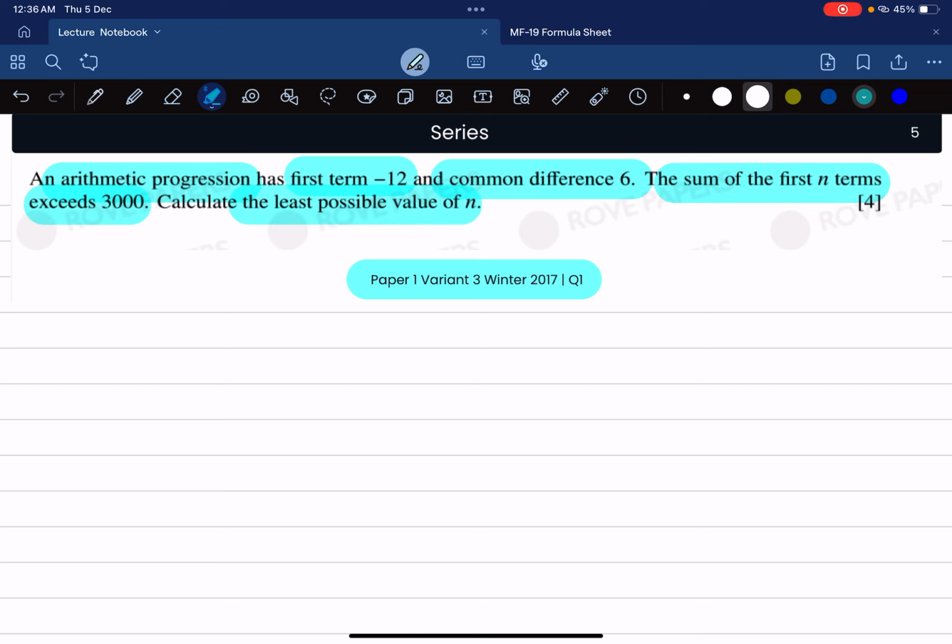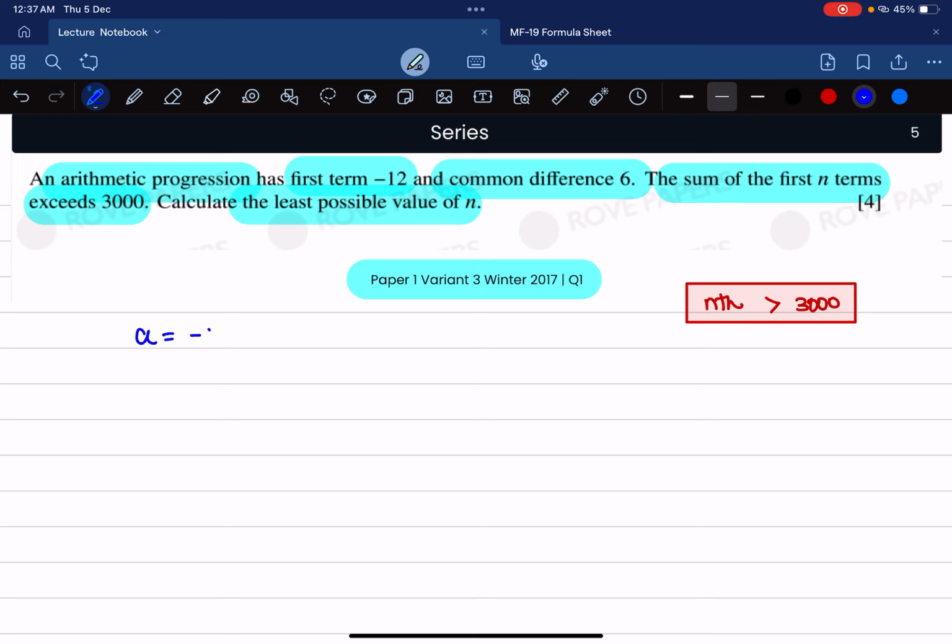Now what does the question say? The question says that you have the first term, you have the common difference, and it's an arithmetic progression. You have to find the nth term whose sum should exceed 3000. In very basic language, we have to find the nth term such that the sum of the nth term exceeds 3000. So the first step is that you write down all the data that is being provided in the question,